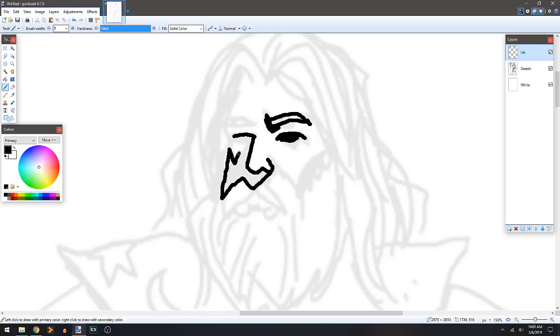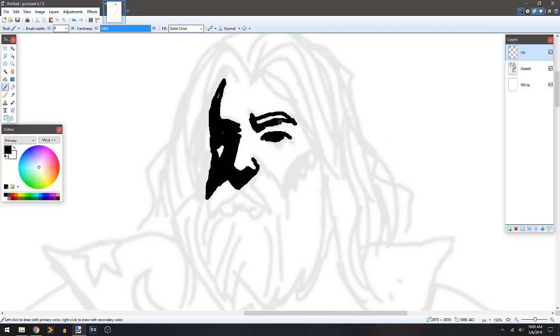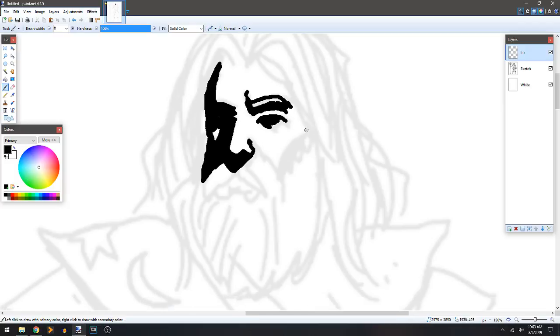And the shadows here, I'm just basically drawing as a solid shape. I want this whole side of his face to be in shadow. Right, just like that. You can fill it in with the paint bucket tool. There's deep inset eyes, so he'll have a shadow underneath his brow. And I'm just sort of giving the implication of the eye there because